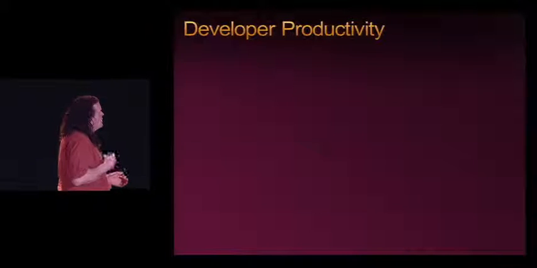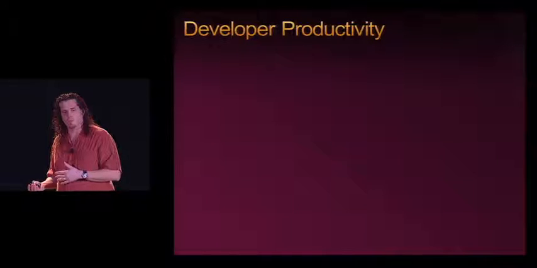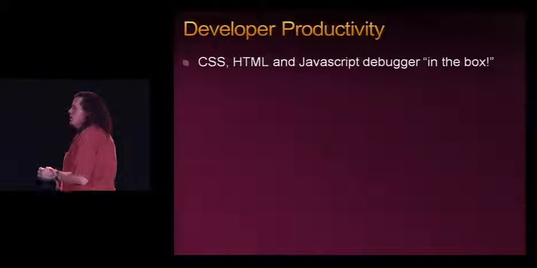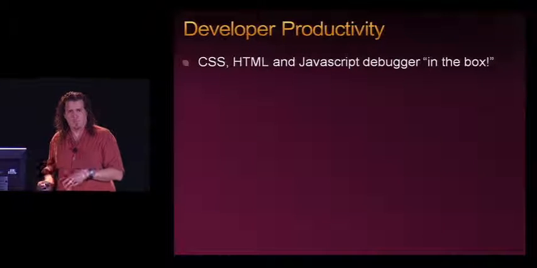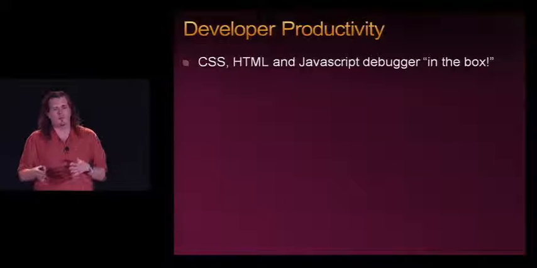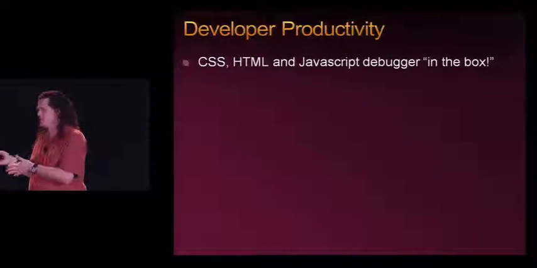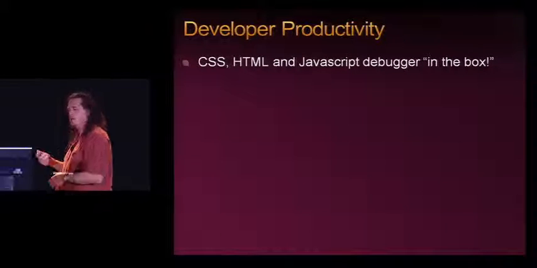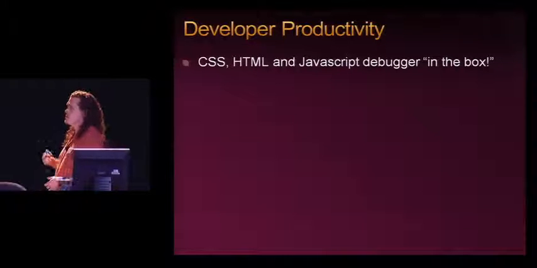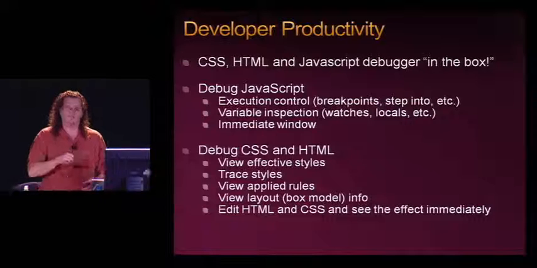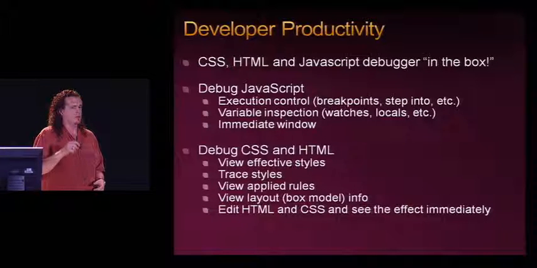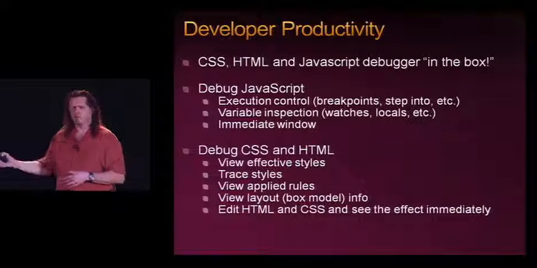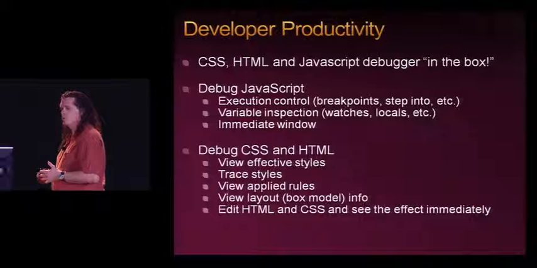So the next thing that we did to enhance developer productivity, as well as trying to make the document object model predictable, was build a great developer tool, and put it in the box. And by in the box, I mean all I installed on this laptop was IE8, and it has the developer tools built into it. Any machine that you walk up to with IE8 on it has a CSS, HTML, and JavaScript debugger in the system. And if you want to debug JavaScript, you click a button. You don't actually have to go figure out the magic reg key and go download some component from somewhere else in order to get it to work.